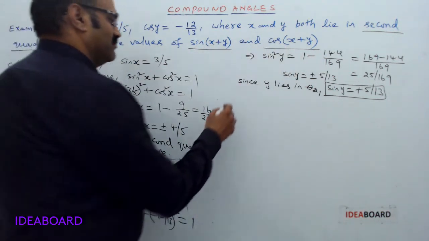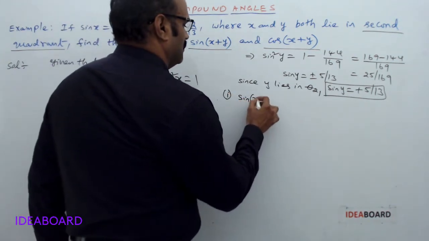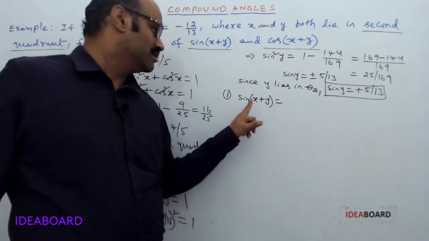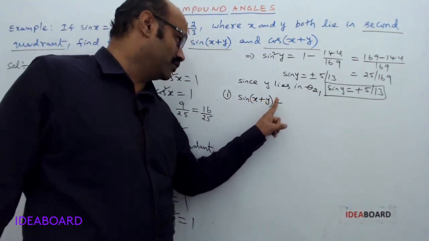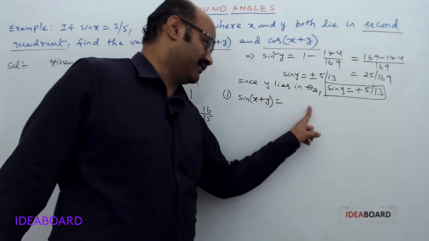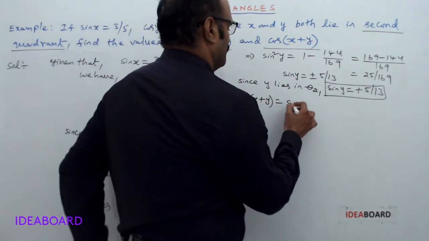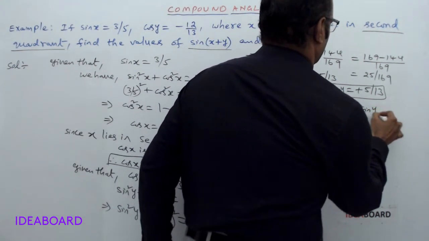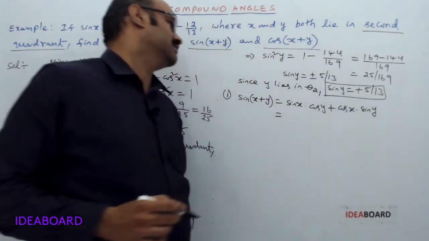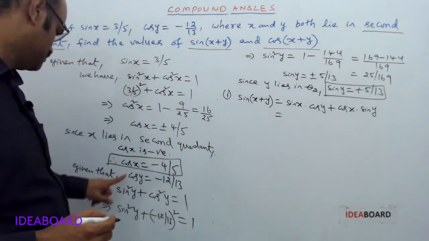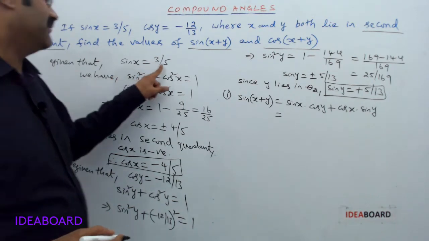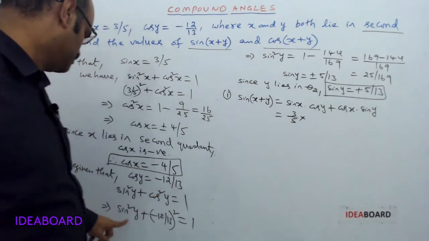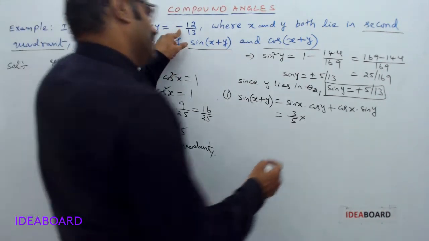Sin of x plus y, the formula for sin of a plus b, equal to sin x into cos y plus cos x into sin y, equal to sin x equal to 3 by 5 into cos y equal to minus 12 by 13